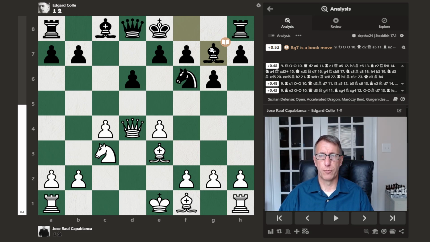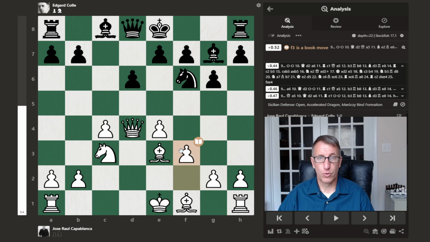So this is looking more like a dragon variation in the Sicilian, where you have these pawns here, perhaps creating the shape of a dragon. And then this might be the mouth of the dragon, and the flames shoot out with the bishop here aiming down through the center of the board, lined up on the queen at this point. But Capablanca ignores that,